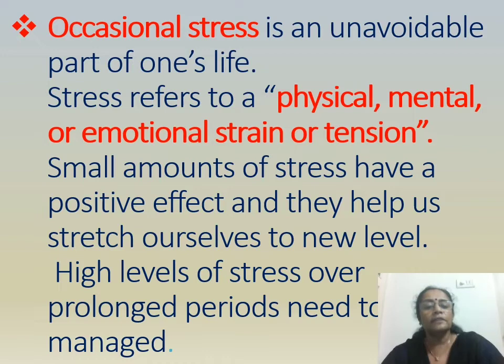So there are 2 types of stress. One is a persistent, prolonged stress, and the other is an occasional stress. What is an occasional stress? An occasional stress is some stress which comes in everybody's life at any given point of time. It is very short-lived. It could be positive at times, because sometimes these occasional stresses have a positive effect on us. For example, if you have stress for an exam coming up, you will start studying more for it, or you'll start revising more for it. So this type of positive or occasional stress is sometimes good.